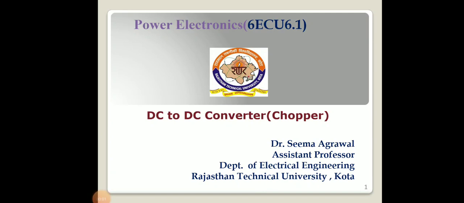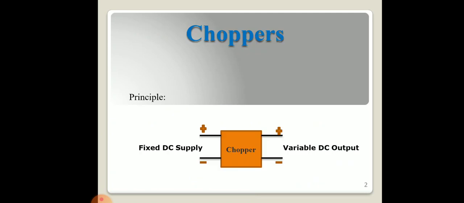Students, today we will discuss the DC to DC converter. A DC to DC converter is also known as a chopper. This is of two types: the DC link chopper, which is shown in this figure,